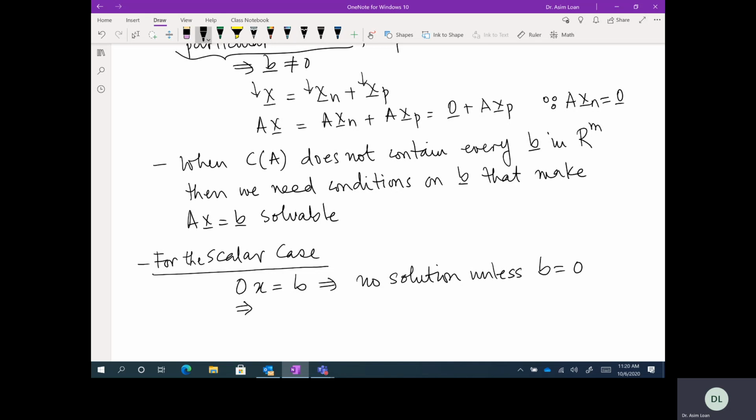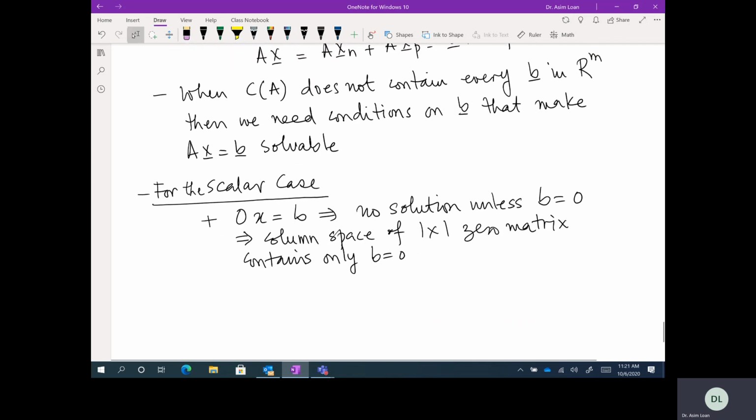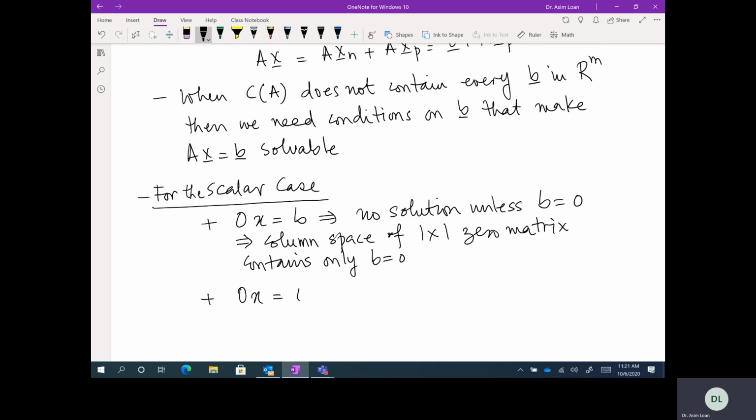This means the column space of the 1 by 1 zero matrix contains only b equal to 0. Okay, and what happens when you have 0 times x equals 0? Obviously x can be anything, so that implies infinitely many solutions,